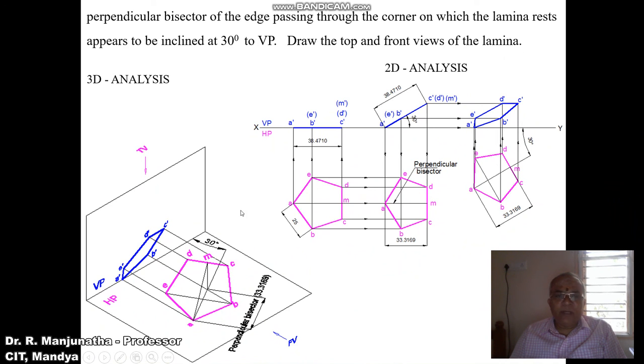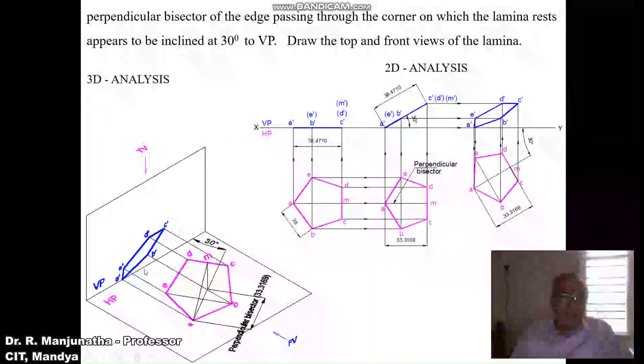So this is how you will be able to analyze in 2D as well as in 3D. You can see in 3 dimensions also the perpendicular bisector is inclined at 30 degrees to VP, and you have the apparent length of 33.3169. When it is projected onto the vertical plane, you are going to get this as the final position of the